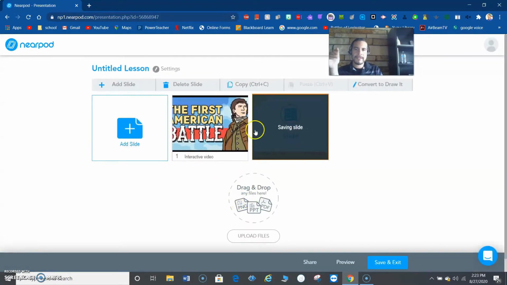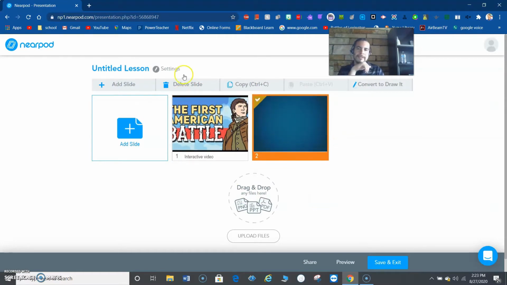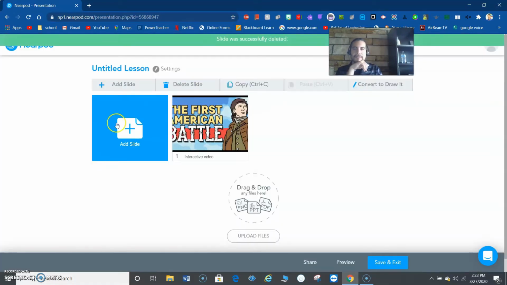If you don't want a certain slide, let me finish letting this load. So if you don't want a certain slide, you click on it, and then you can put delete. You can convert it to draw, or you can make a copy. But if you don't want it, just delete it. You can also